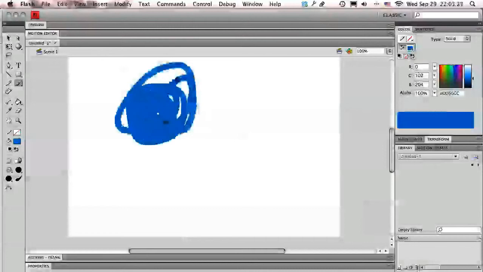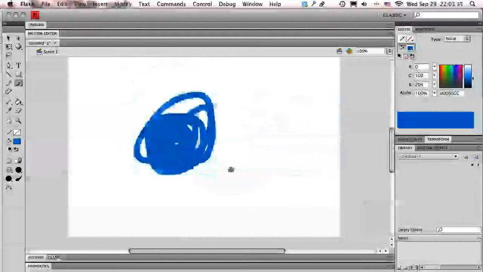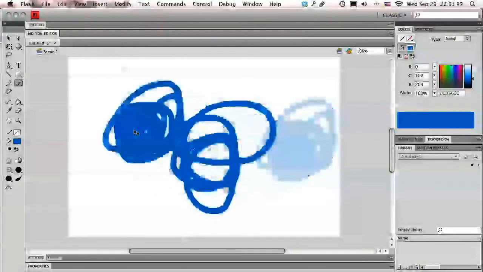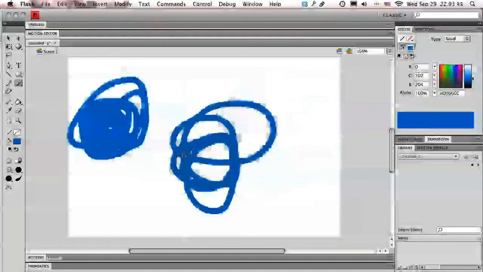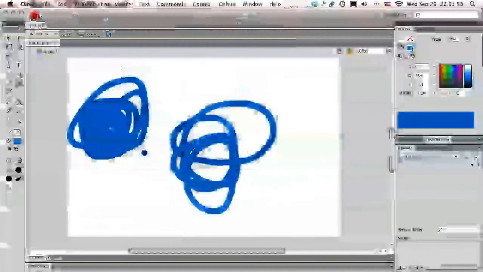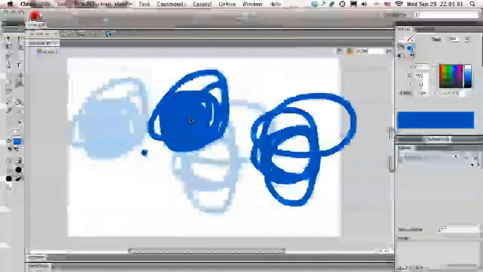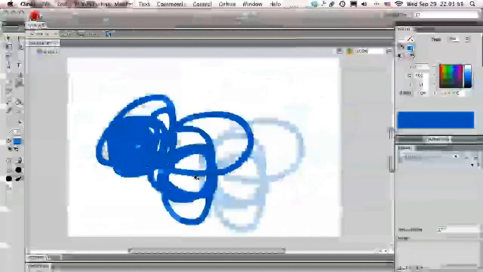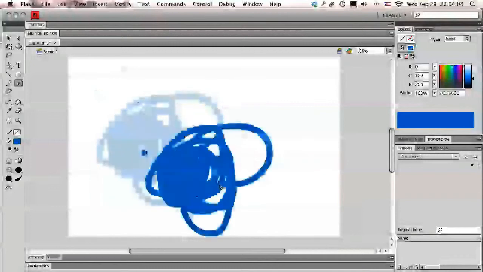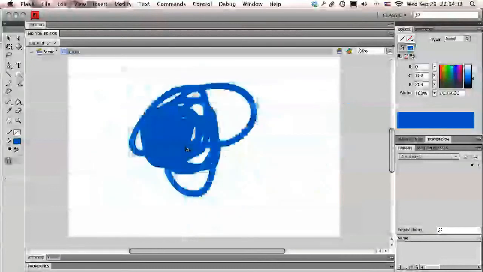So first we'll do grouping it. So hold Command, select it, and then press Command G, and that gives it a little teal border. So now when I draw over top of it, it maintains its shape and they don't get combined. I can do the same for this, Command G, or I can even shift select and Command G those, so now they're one group, but then I can double click inside of it,